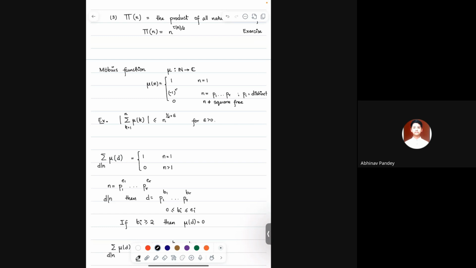But if you take the square of the mu function, then it's going to take either 0 or 1. So mu squared is some kind of an indicator function, right? Because it says yes or no. So it's indicating something. But what is it indicating? Mu squared d is the indicator function for square free numbers, right?